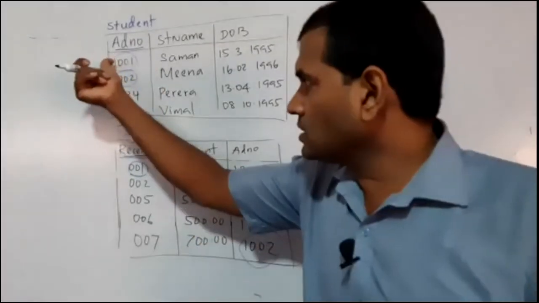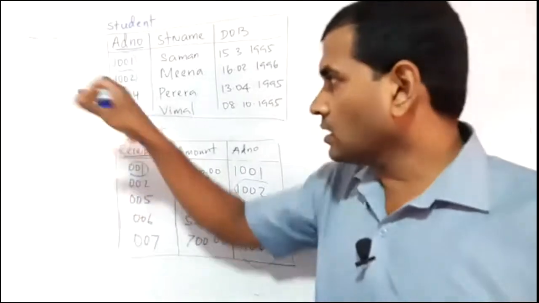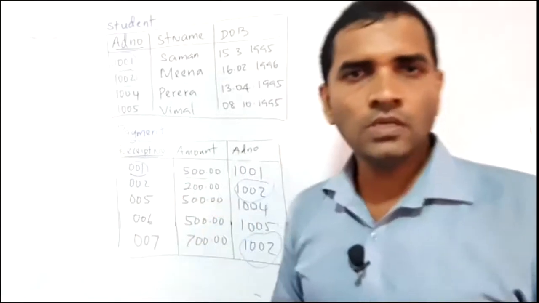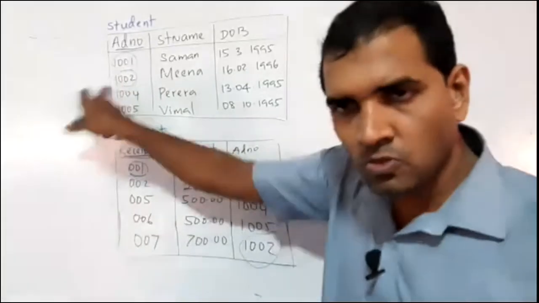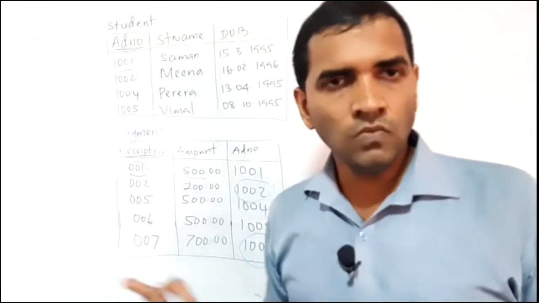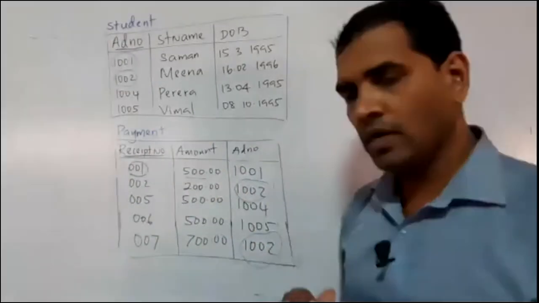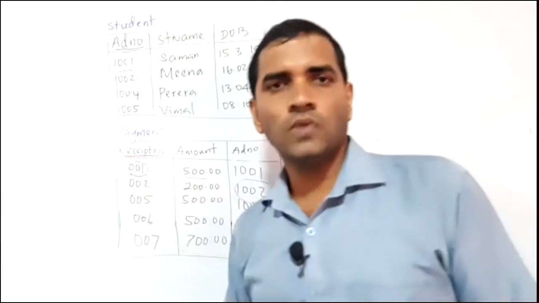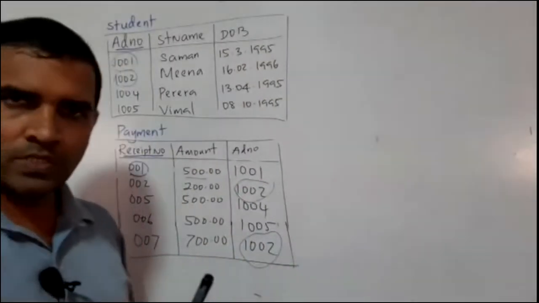But here, the data in the first table has more than one. You may argue that the first data has only one similar data. That may be okay, but if a data has more than one similar data in the second table, that is the one to be taken into account. You can't say that because 1001 is found only once, it is one-to-one. So because of 1002, I now decide that it is not one-to-one. If it were one-to-one, every data in the first table would have only one similar data in the second table. But now 1002 is entered twice, so this is not one-to-one.